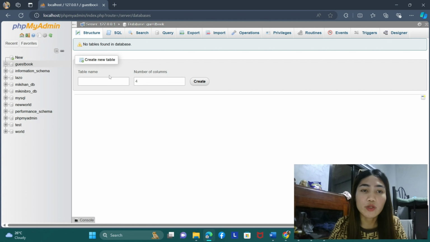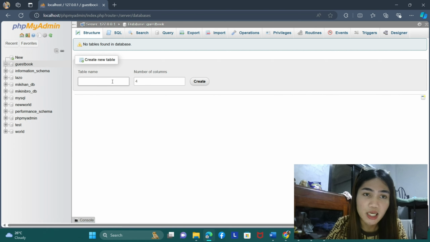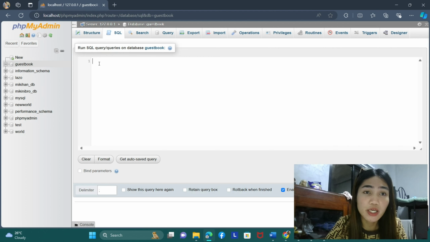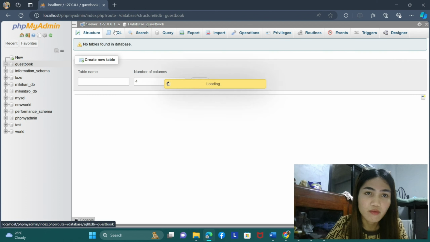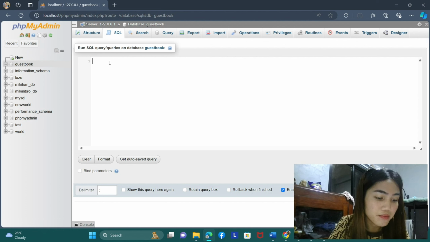Here, we're going to create a new table. The next step is to create a new table in the database. So select the structure tab here, the structure, and under create table, give a table name. You can create a table name here, and you can also create a table name here in the SQL command. But we are going to create it here in the SQL command by